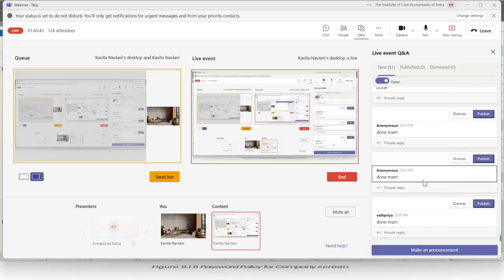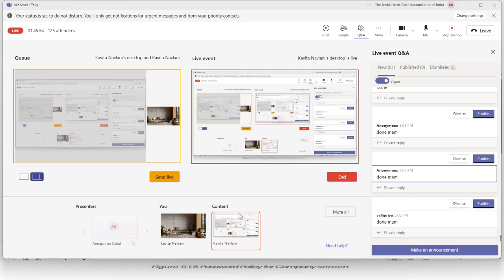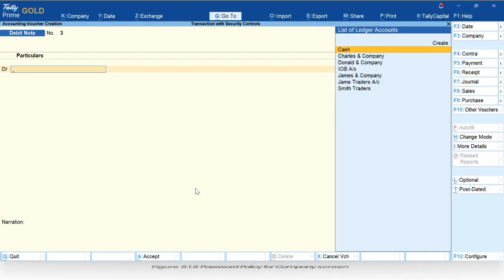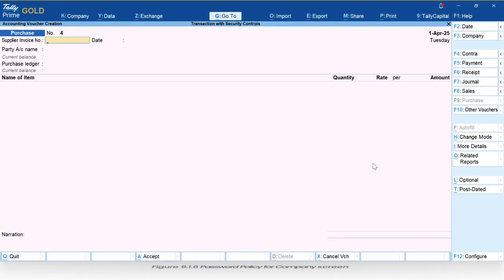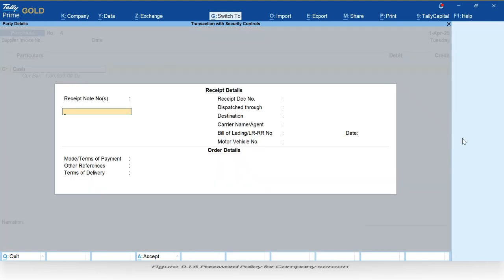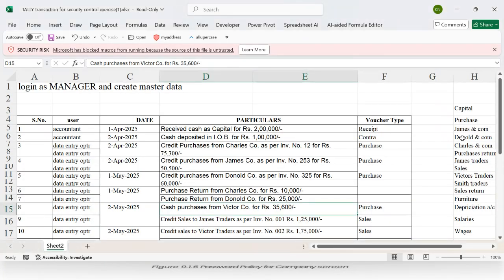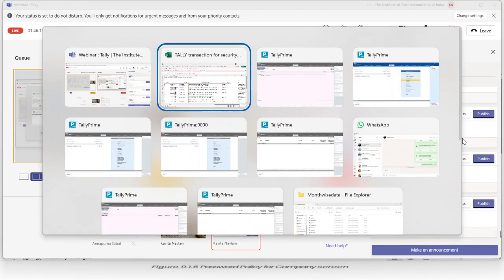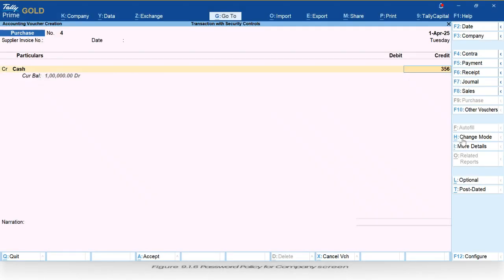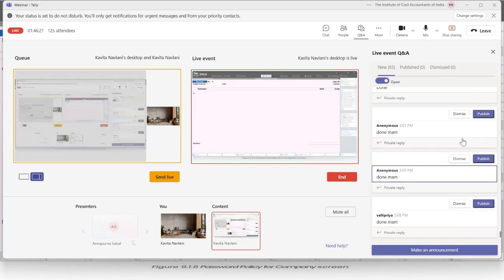The next transaction is cash purchase from Victor. There is no need to enter the Victor name, it is a cash purchase. So instead, just press F9. Then again change the mode to voucher mode. Then cash. How much amount is it? 35,600. Enter, purchase. Next is